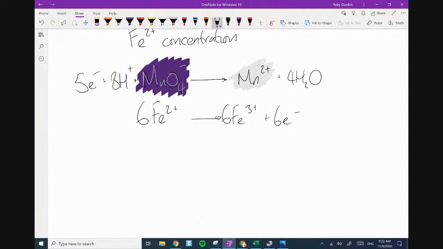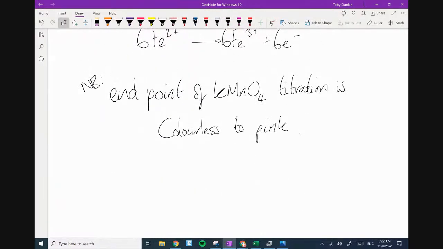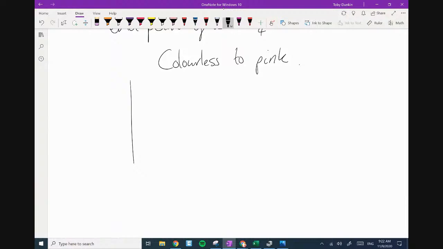So by the way, the end point of a KMnO4 titration is colorless to pink, and this is a nota bene, because they ask this a lot. And the reason why is because you're adding dark purple potassium permanganate